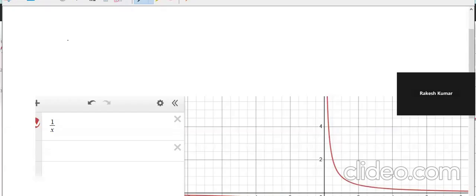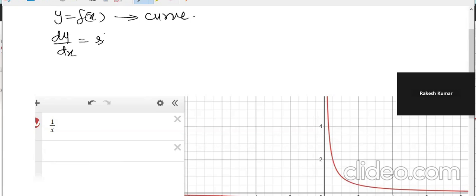So whenever we draw graphs, we say y is equal to f(x). This is the first graph. We draw the curve. Then if we do dy by dx, we are finding the slope of the